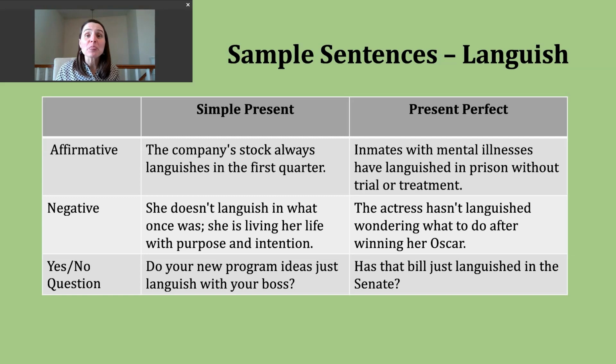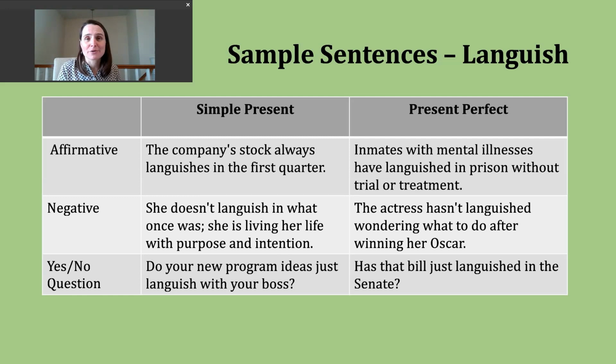Now let's talk about the present perfect. We use this verb tense to describe actions that started in the past and continue into the present. We also use it to describe actions that occurred in the past, but at an unknown point. So many times this gets called the indefinite past. So we don't know, was it last week? Was it last year? Was it 10 years ago? And it might not matter.